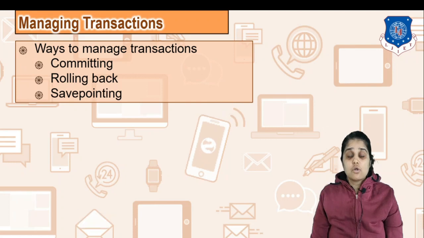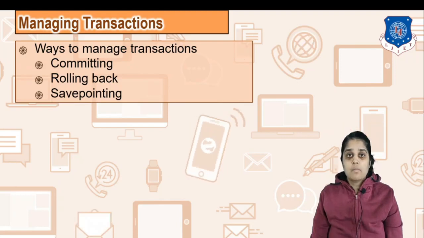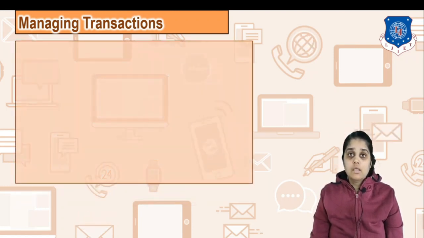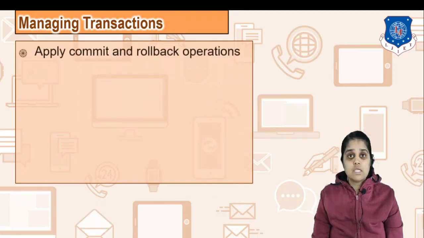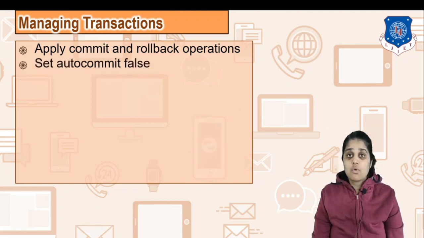Okay, so save points is also available in JDBC version 3.0, and Savepoint is an interface which is available in Advanced Java. Okay, so we are going to study about that. We can manage the transactions using this. Now let us see what we are going to do in the program. In the first program, you are going to see how you can commit your data and reflect it in the database, and you are going to see how you can roll back your data. Second is, in a second program, you are going to see how you can use save points and you can roll back to save points whenever necessary.